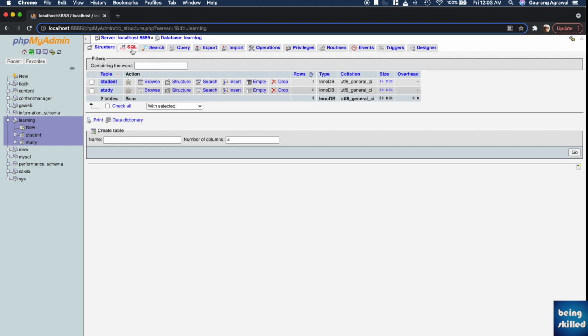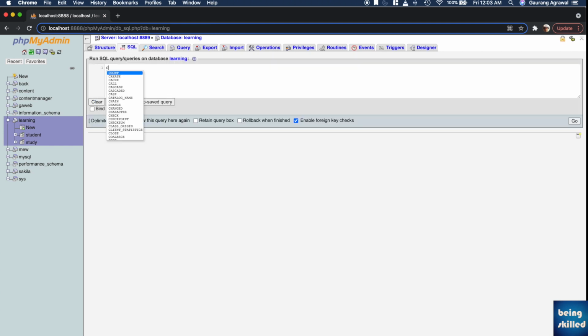Now go to SQL, and start typing create table. The table name, for example, would be example, and then in a new line you can have the bracket and then the name of the column, which would be, let's say, testing, and then it can be varchar having the length 50 or 40, and then a comma, and then on the next line location, for example, and it can be varchar as well with the length 30, separated by a comma, and then we can have a